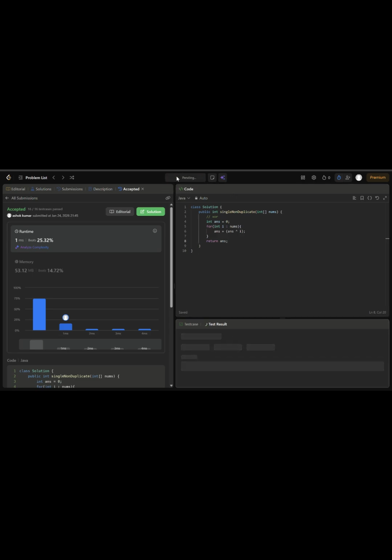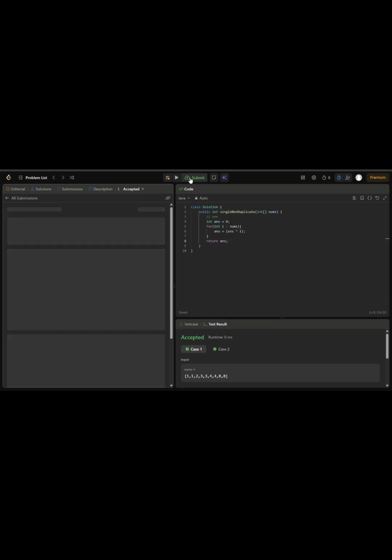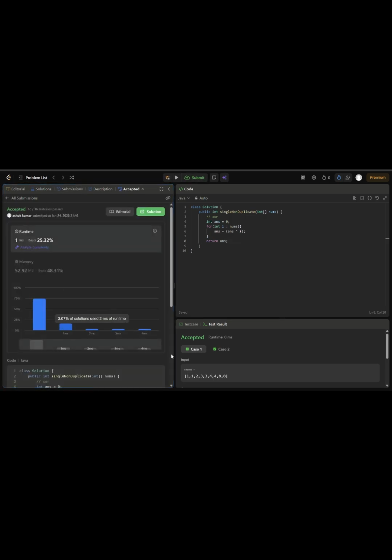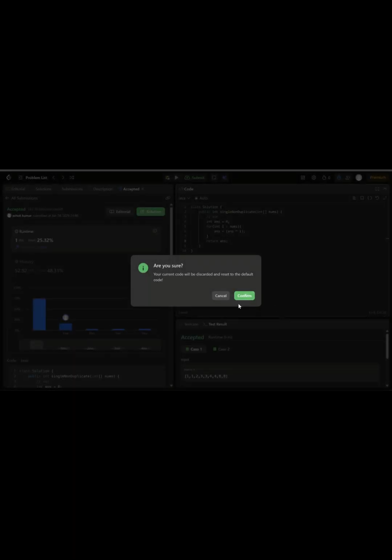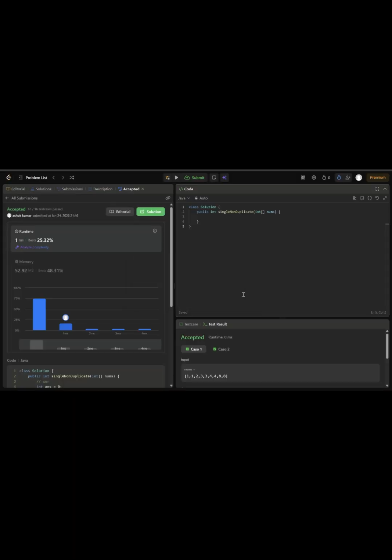So let's run it and try to submit it. Yeah, you can see as expected, it beats only 25% of the solutions. So now let's do our binary search